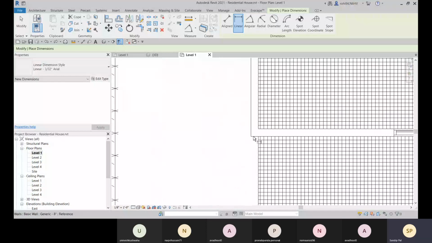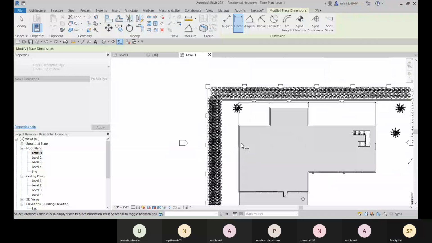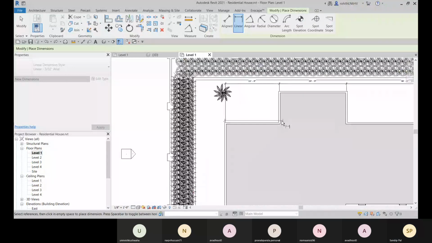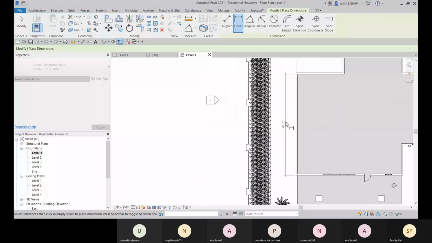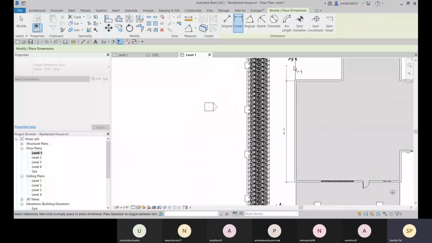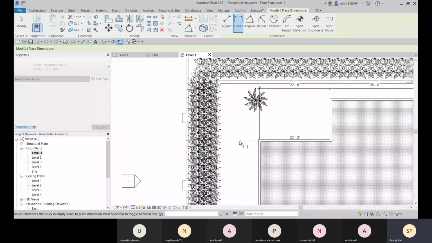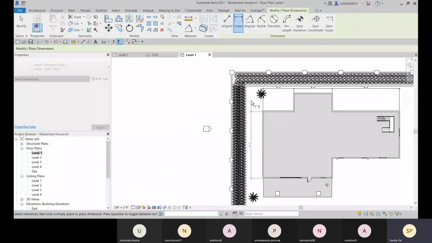Here you can see that it's only highlighting the points. So from this point to this point, you can place it either like this or like this. This way you can place it.